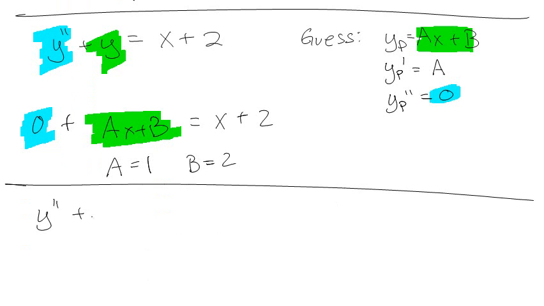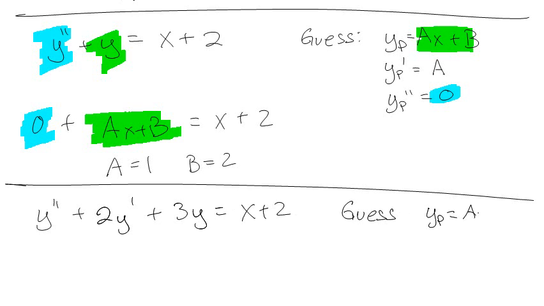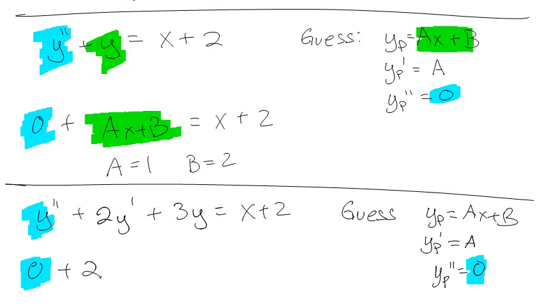Say I had y double prime plus, instead of y prime, let's do like 2y prime plus 3y or something like that. And we'll call it x plus 2 again, just to make it easy. So again, I'm going to guess yp is equal to ax plus b. So I've got 0 here. Yp prime is a, and yp double prime is 0. So there's my 0. I've got 2y prime. Y prime is a. And then I have 3y,